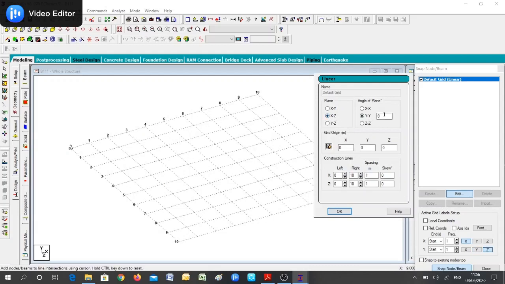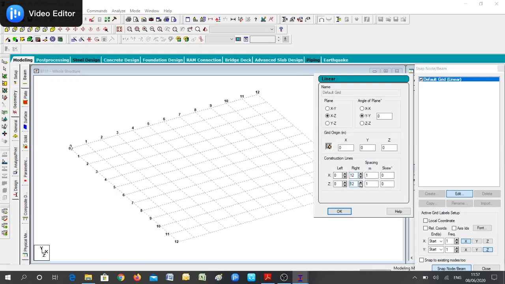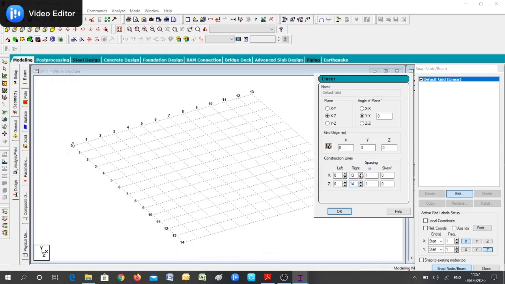And this grid, if you want, you can give some angle to it, but we don't want any angle. It's perfectly horizontal, so we'll not make any changes here. No angle needed. Then the origin of this grid is 0, 0, 0, that is, this point is 0, 0, 0. The number of grid lines you can increase or decrease as per your requirements. The spacing between the grid lines also can be increased using this option. And if you want any angle, you can set the angle here.